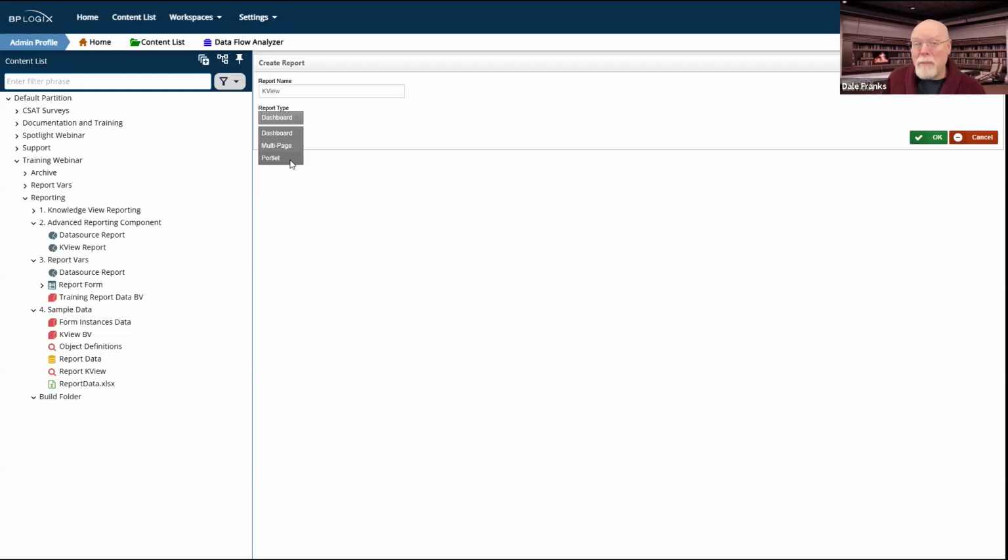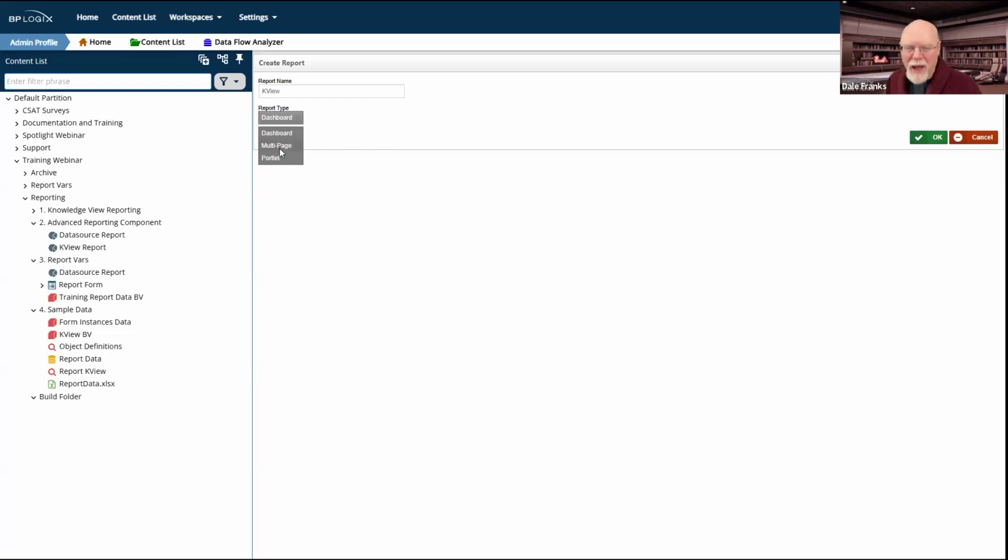And quite frankly, when you're building reports, you probably don't build portlet reports or really even dashboard reports much. I would suspect that the order in which you would use them from least to most popular would be the portlet report, then the dashboard report, but most likely you're going to want a multi-page report. So what we're going to show in the multi-page report is basically a report that we can print out on, well, in America, 8.5 by 11-inch paper.